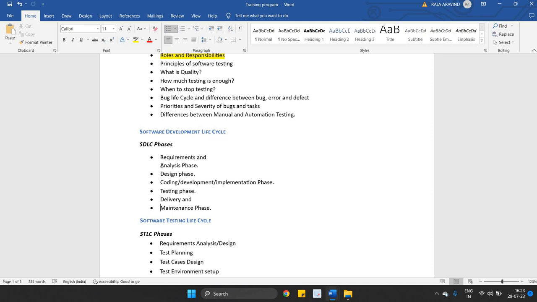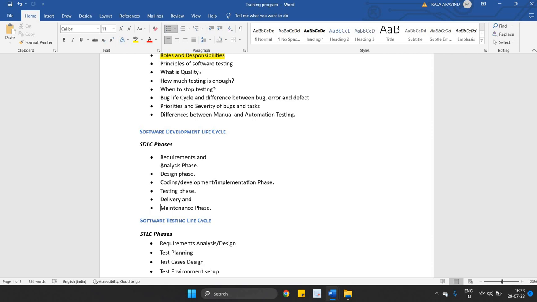The QA environment is nothing but the quality analysis environment, where the testing team will be working. In this QA environment, the testing part will be completed. Once everything is fixed, functionality is working fine, and all the modules of the software are working fine, then it goes